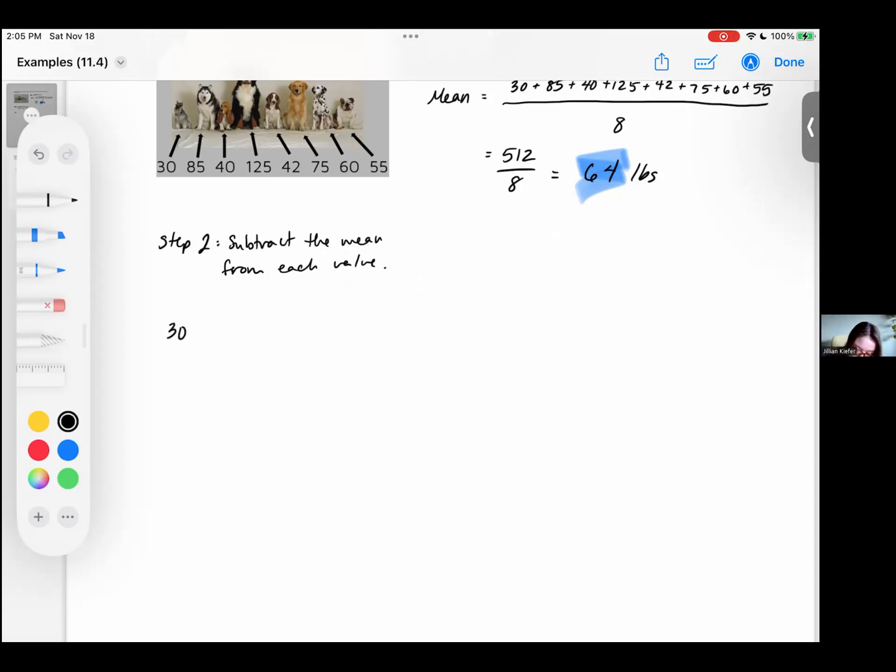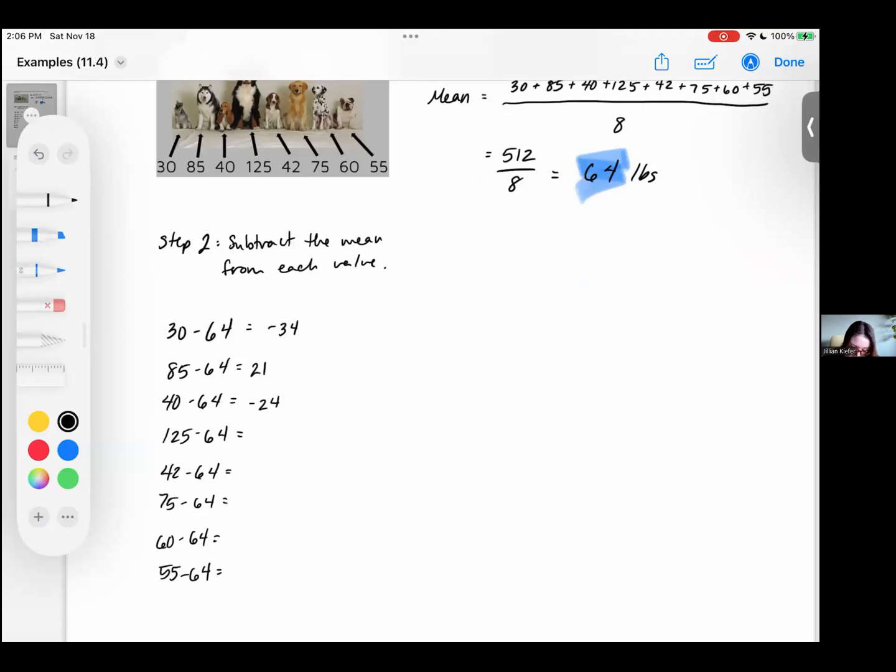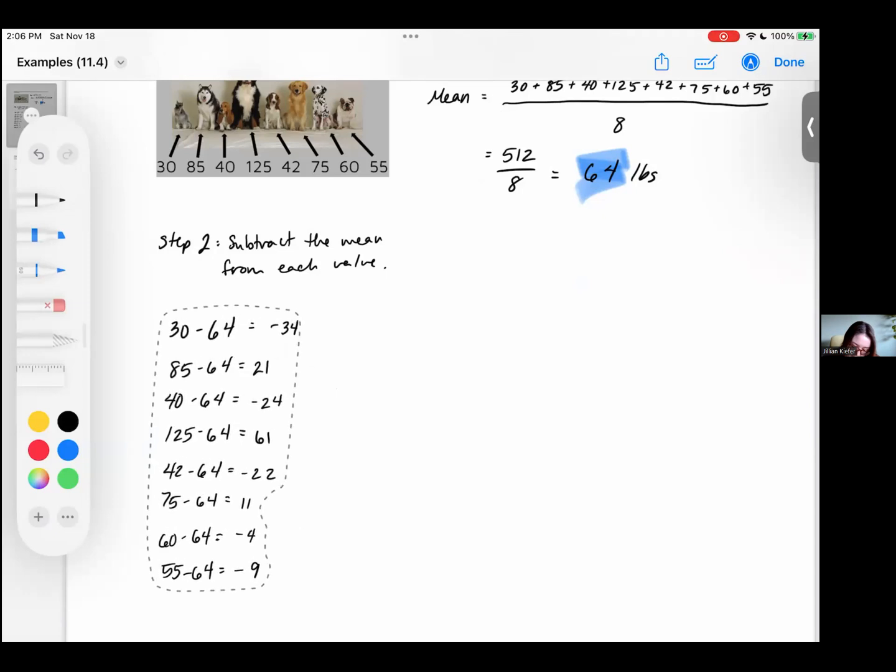So starting with our first value, 30 minus 64, 85 minus 64, 40 minus 64, 125 minus 64, 42 minus 64, 75 minus 64, 60 minus 64, and 55 minus 64. All right, so we're going to find each one of these values. This will end up giving us negative 34, 21, negative 24, 61, negative 22, 11, negative 4, and negative 9. All right, so we found each one of our